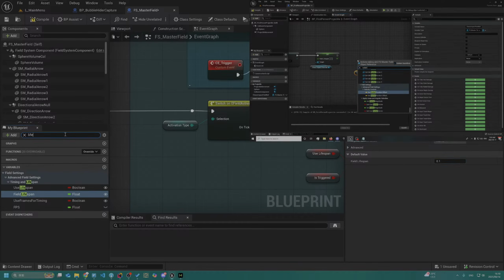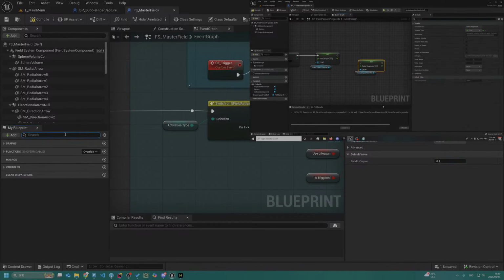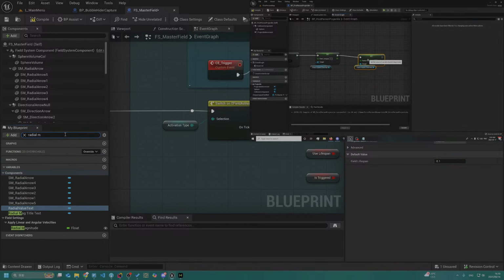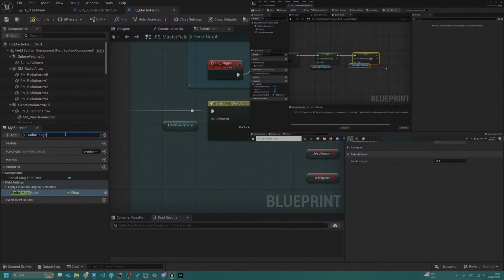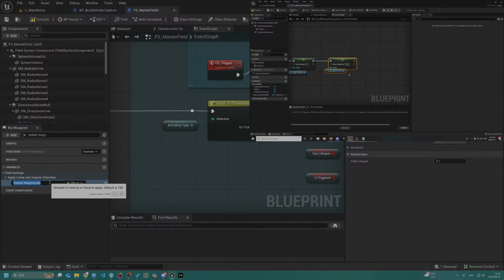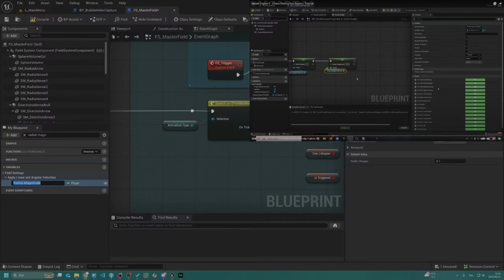And get the radial magnitude. Set that radial magnitude to about 150. What is this about? Radial default is 750. Amount of velocity or force to apply.